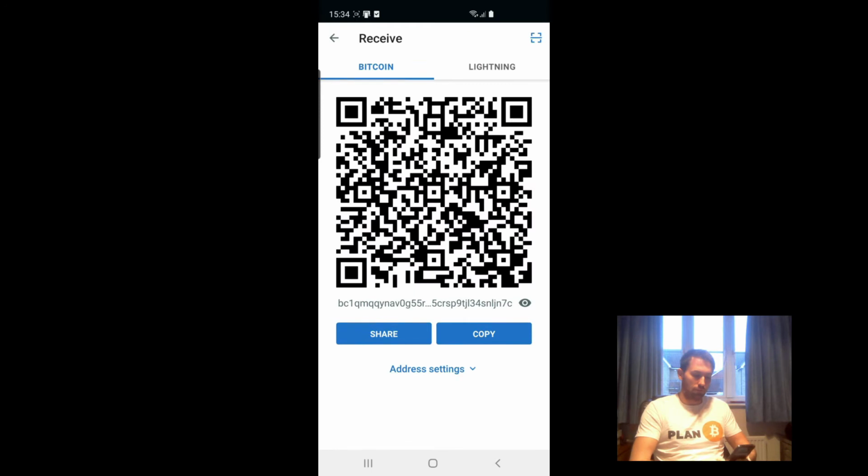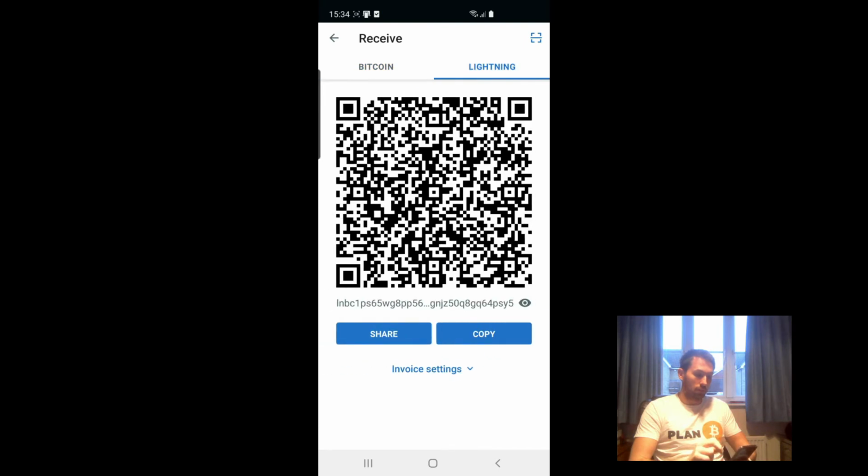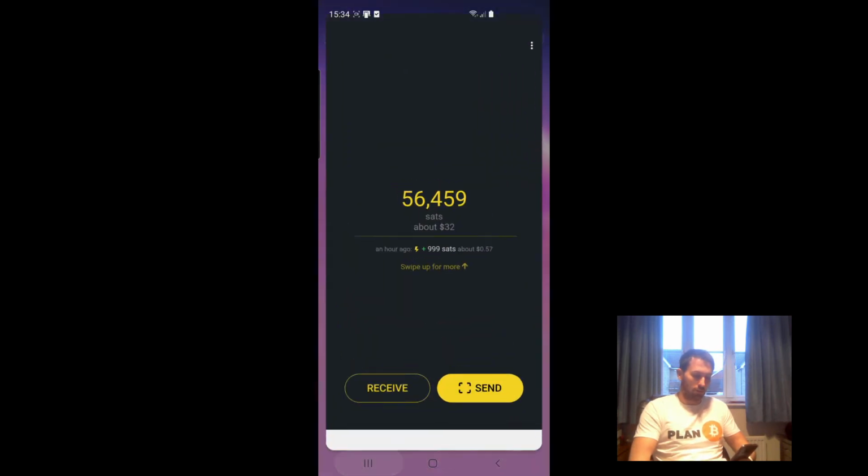I'm going to click receive. At the top, you've got Bitcoin and Lightning, because you can receive Bitcoin on chain. We want to do Lightning. I'm going to click copy. If I was sat here with another phone, or I was with someone with another phone and they had their wallet on their phone, they could just scan this QR code. But as I'm doing it on the same phone, click copy, go back to Wallet of Satoshi,